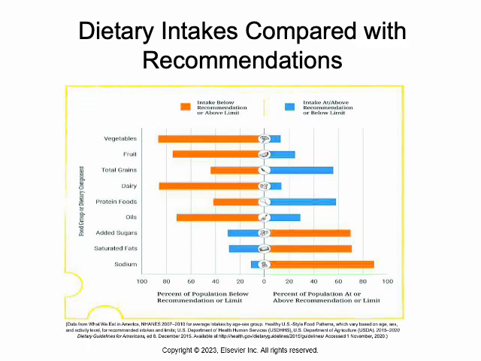This image is from your textbook and it's looking at the dietary intakes compared to the recommendations. You can see the percent of the population here in the US and how much intake is on average. Looking at this, you can see that there is a discrepancy between what we should be eating and what we shouldn't be eating, and how much we are actually eating.